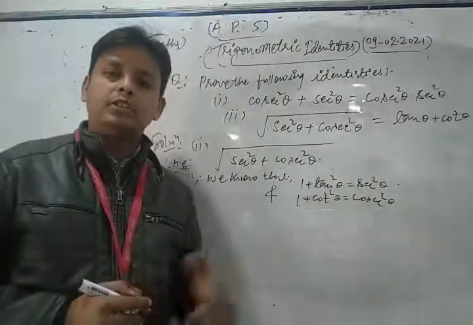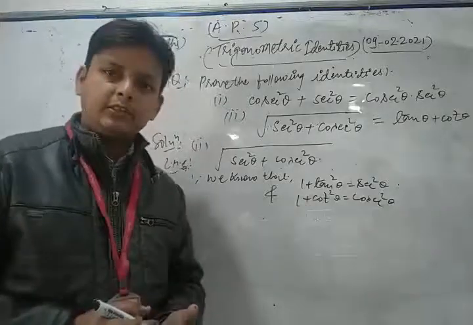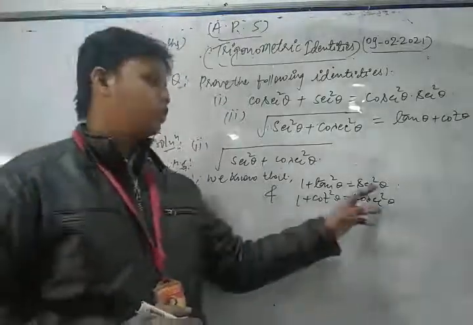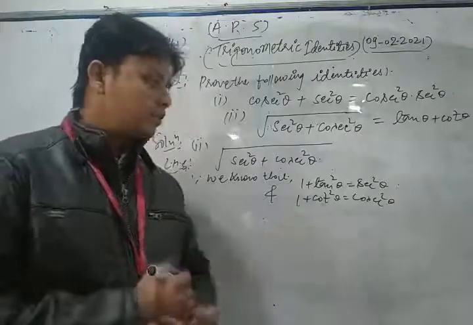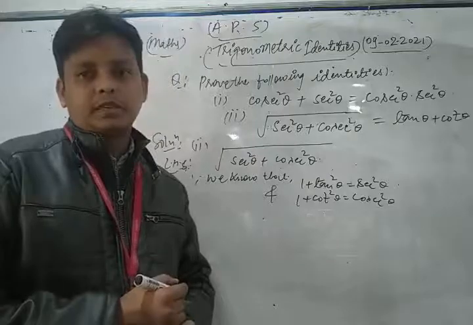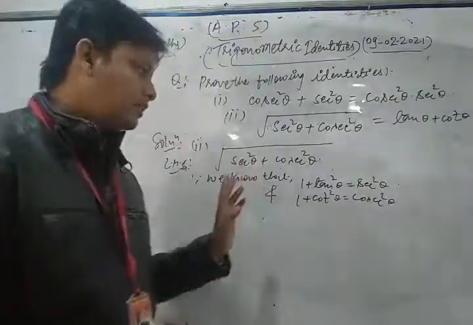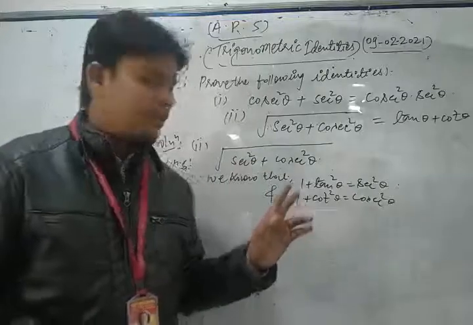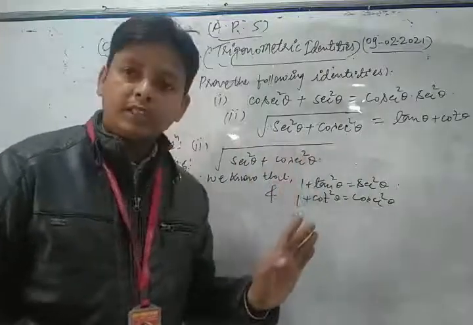Just in the previous class we discussed these identities. Now here we put the value of sec square theta as 1 plus tan square theta, and we put the value of cosec square theta as